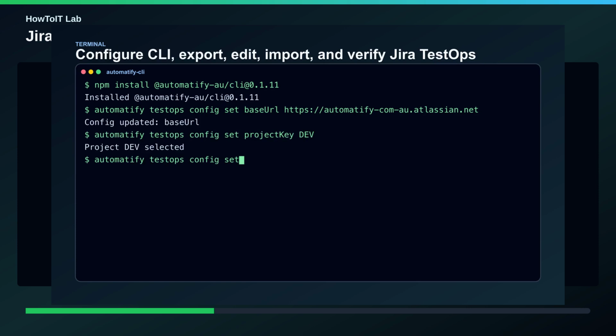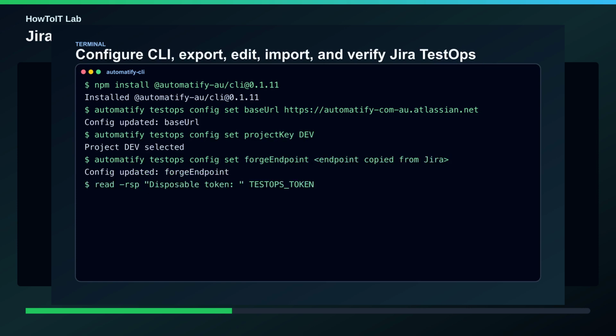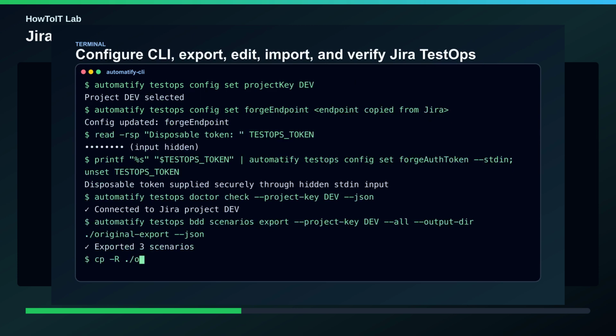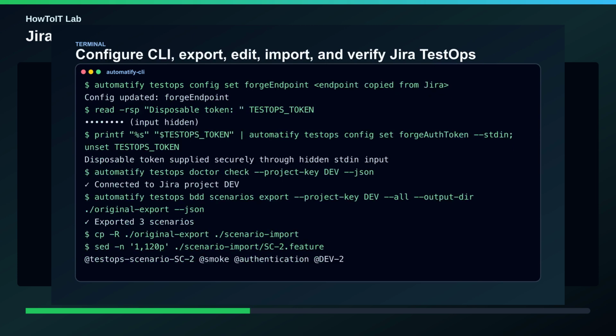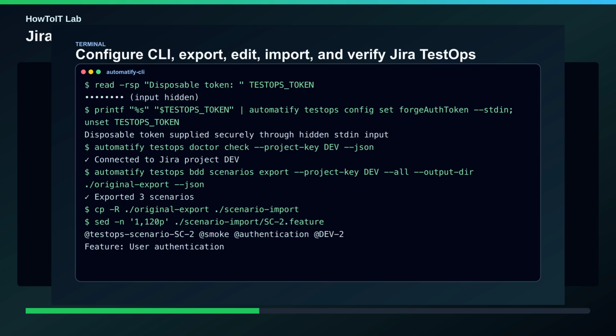Export all BDD scenarios from the selected project into a clean working folder. Open the files and locate the scenario you need. In this example, it is linked to issue dev2. Make a small, clear change in the Gherkin file so it is easy to verify later in both the terminal